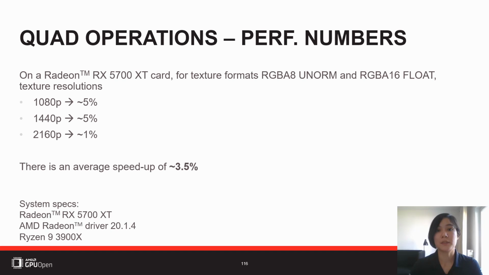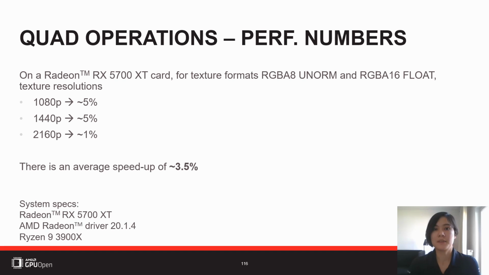And if you look at the performance now, this time I actually looked at not only the RGBA16 float format, but also the RGBA8 UNORM format. I looked at different resolutions, and in general I saw a performance increase, especially for low resolutions. For low resolutions, it did benefit from these quad swizzle instructions. For high resolutions, to be honest, I didn't really see a big difference. So you can also just say, okay, this could be just an inaccuracy in measurement.